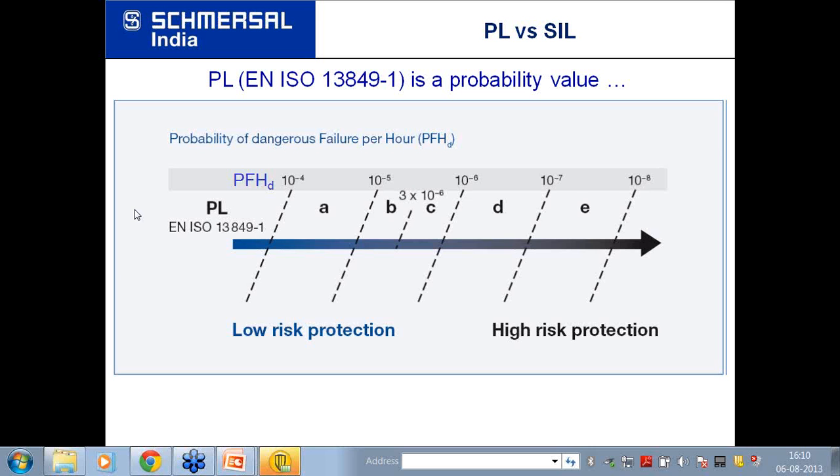Mr. Prabhakaran has asked, is there any standard format to prompt risk assessment of any machine? The chart I have shown to you, the severity of injury, frequency of exposure, and the chances to avoid the hazard. These are the basic 3 parameters on which a risk assessment has to be done.